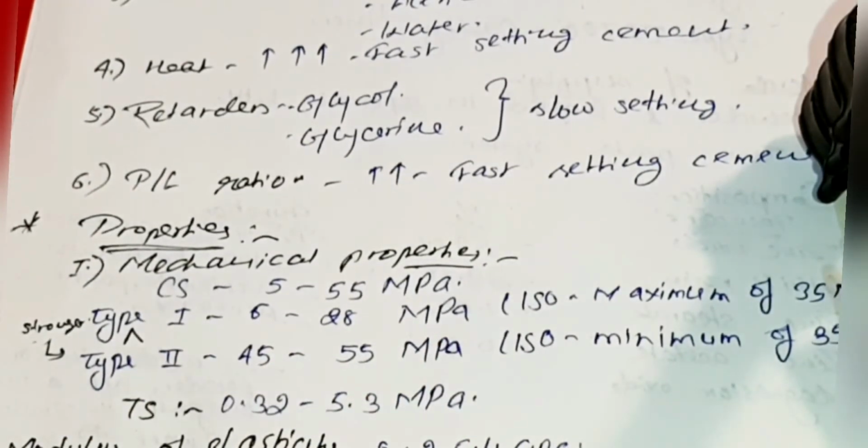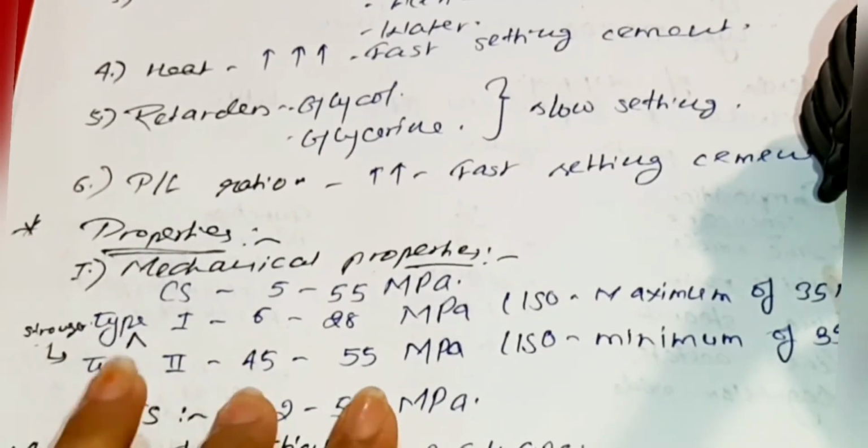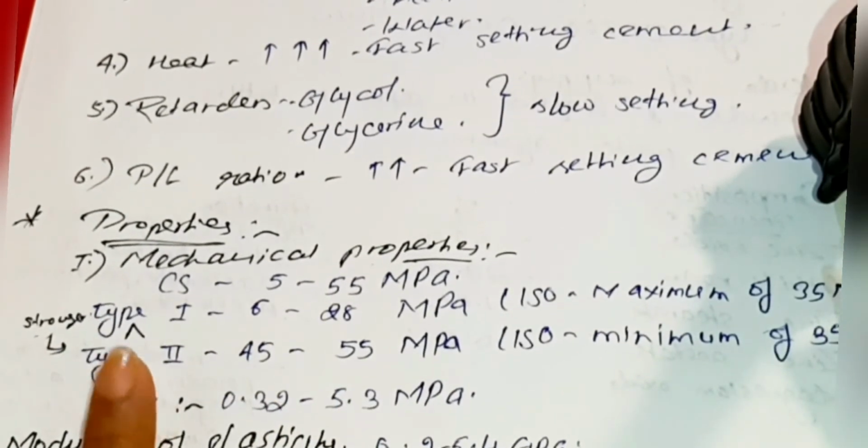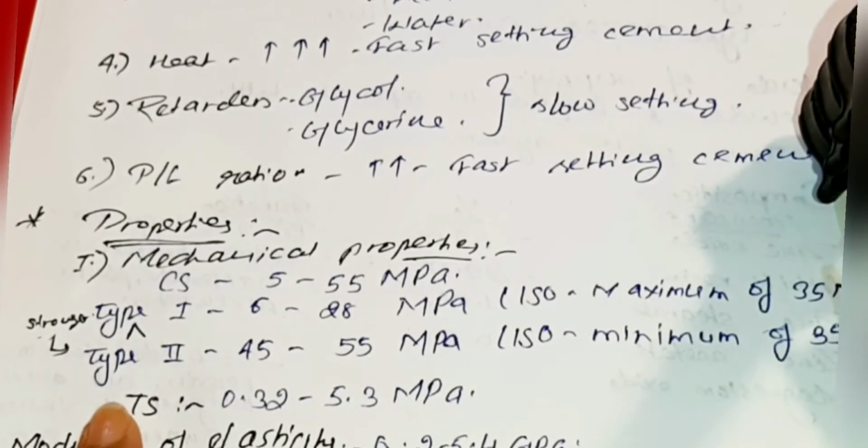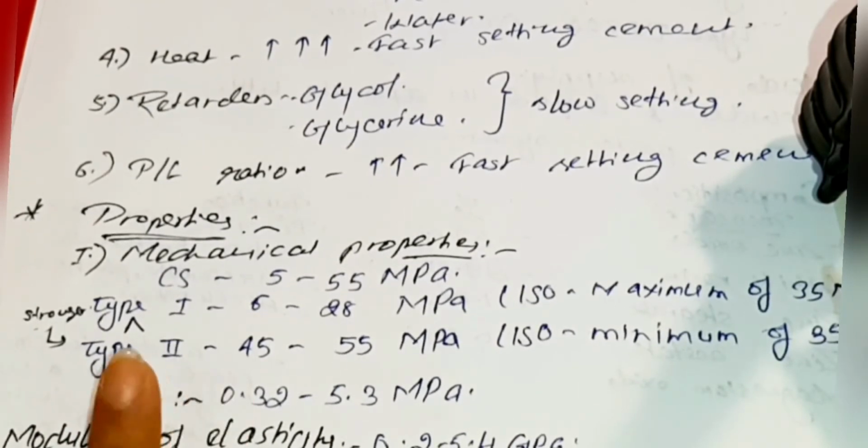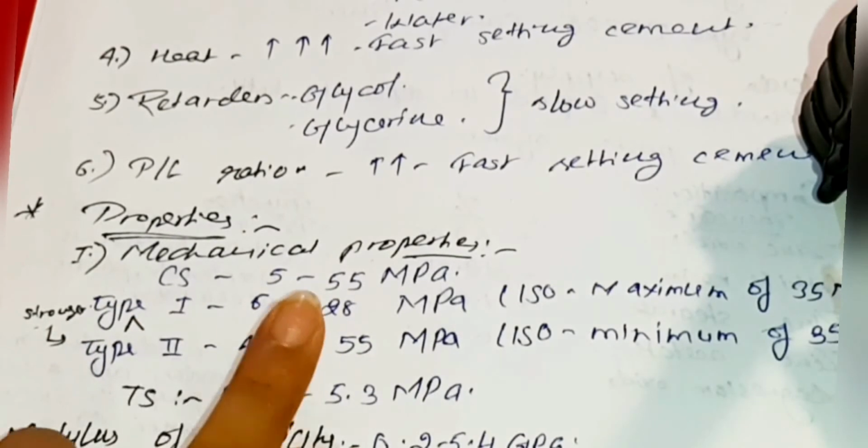First of all, we will discuss what the mechanical properties are. So first of all, the compressive strength, they are relatively weak cements. Their strength depends on what it is used for. Cements intended for temporary purposes like temporary restoration and cementation, that is type 1 and type 3, will have a lower strength. Cements intended for permanent and intermediate restoration will be stronger. Compressive strength therefore ranges from 5 to 55 megapascal. So lowest are the cavity liners.